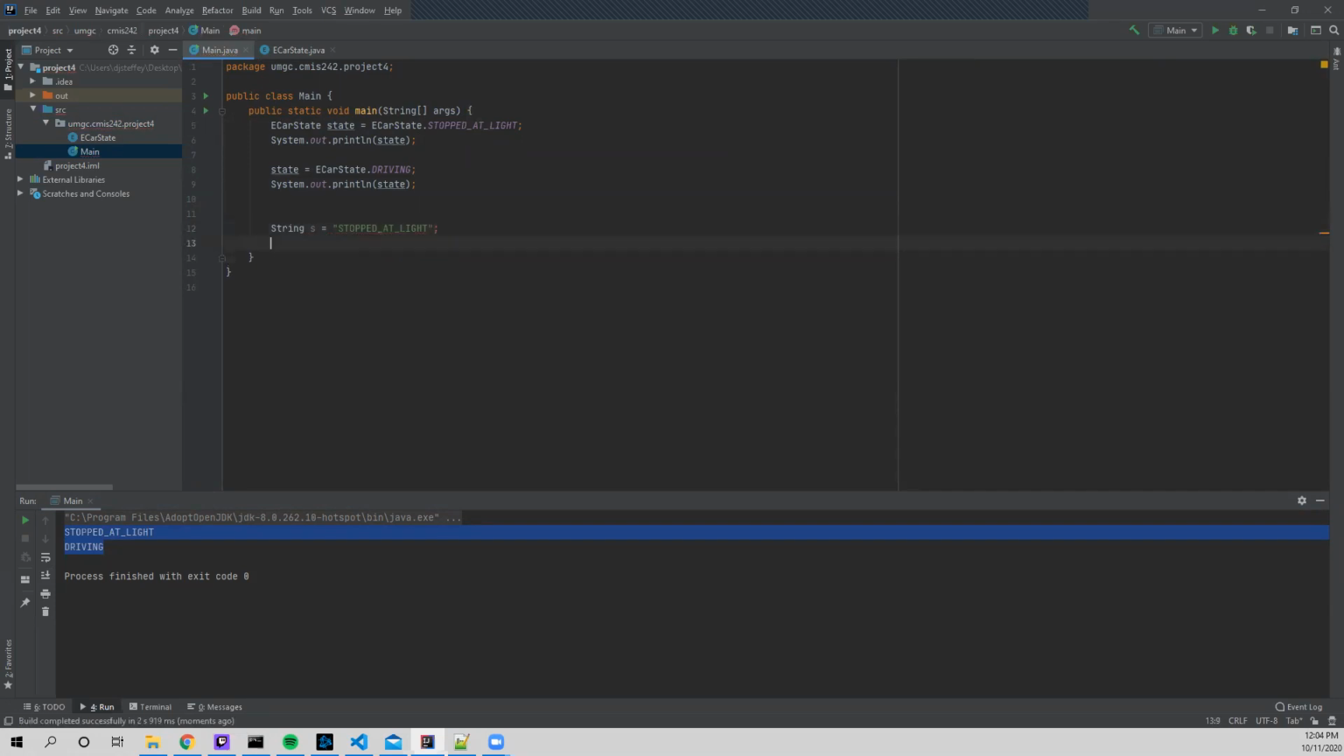We could have that. It's just not out. Print ln s, right? We could have that, and what that'll do, it'll print stopped at light, it'll print driving, then it'll print stopped at light again, right? But what if we fat fingered it and we left off the L, right? Well, it would print stopped at light,